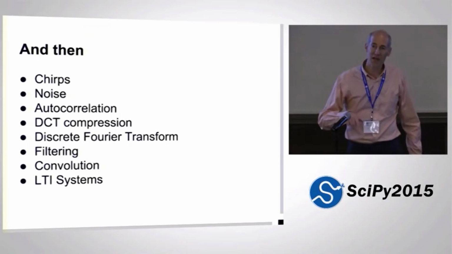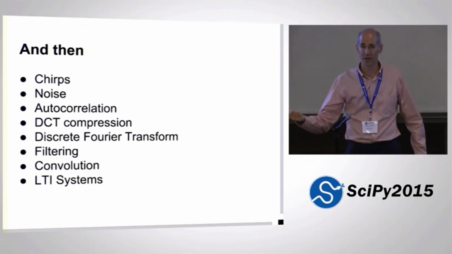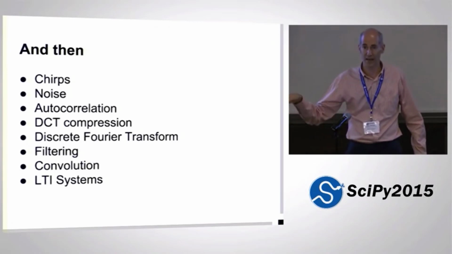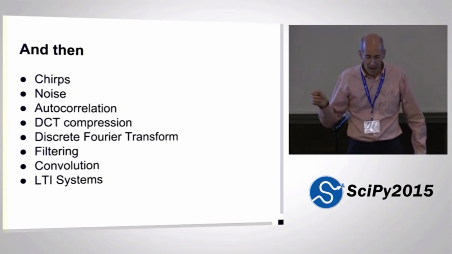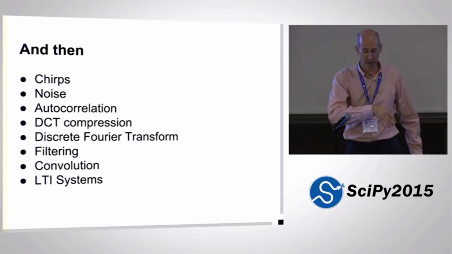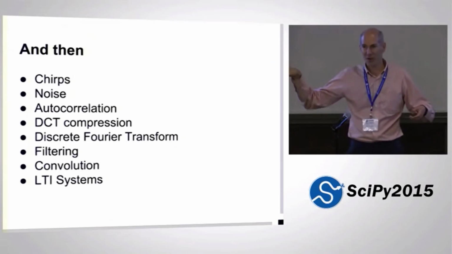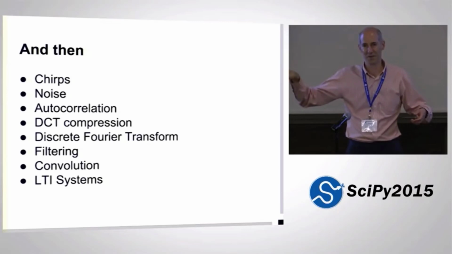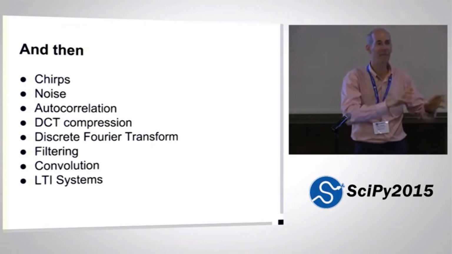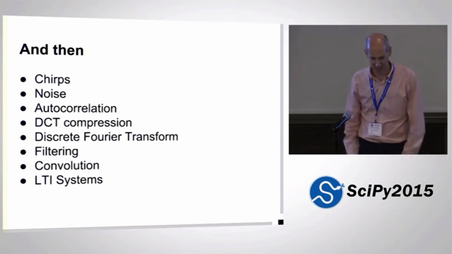I do discrete cosine transform, both because it has applications for compression. So MP3 and Ogg Vorbis are all based on cosine transform compression. And it's a perfect stepping stone to the Fourier transform. So this is where the students finally see the mathematics of it. Discrete cosine transform, everything is real valued. So your head doesn't explode thinking about complex numbers, and then you just take one more little step. The transform is exactly the same, except complex signals instead of real signals.